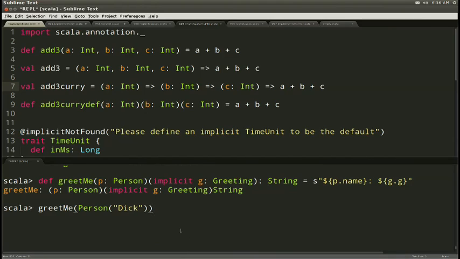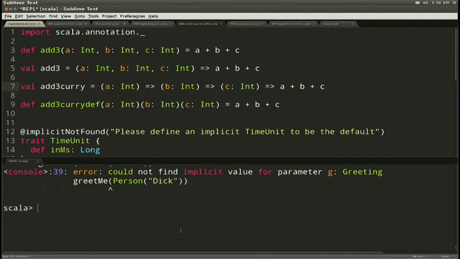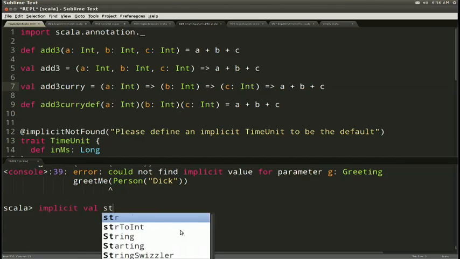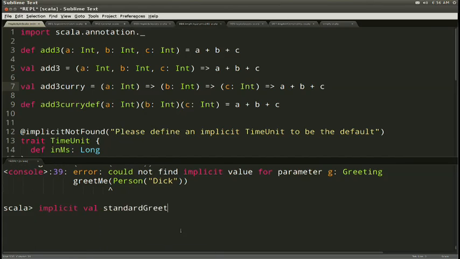I did define greeting, but there's an important step that I missed, right? I did not define it as an implicit val yet. So if I do this, it says, well, I couldn't find an implicit parameter for that. So tough, you can't do that. That's a compile error. If I now say